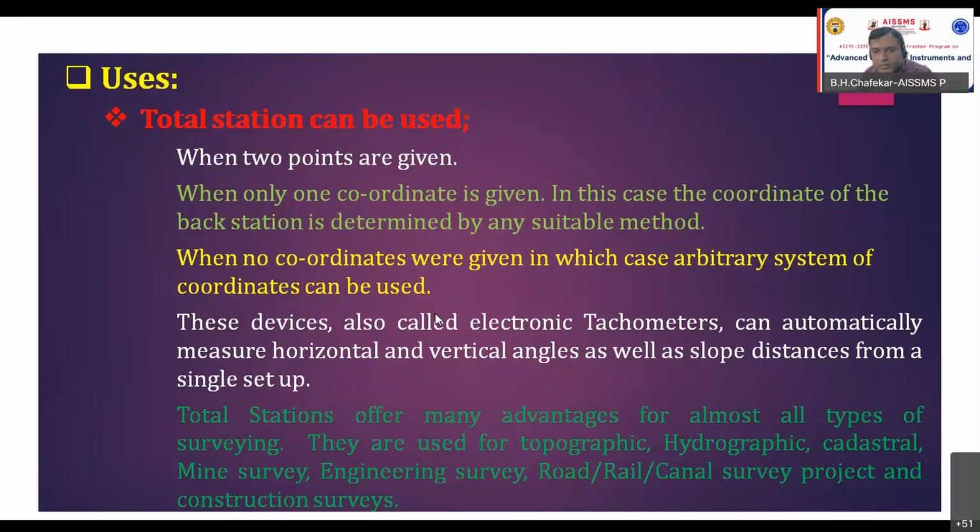They compute elevations and coordinates and display the results on the LCD screen. They can also store the data either on board or in an external device. This information can be directly stored in an automatic data collector. We know that our instrument has a microprocessor unit, data